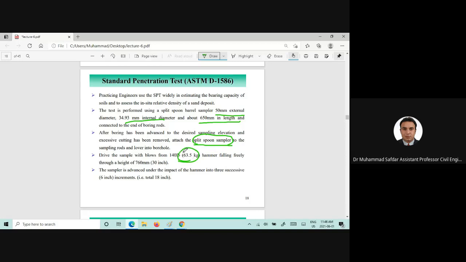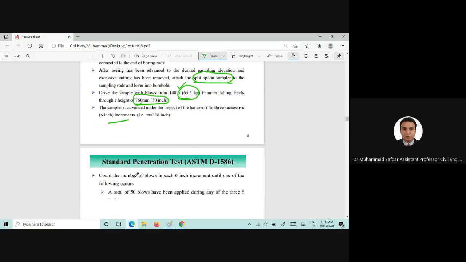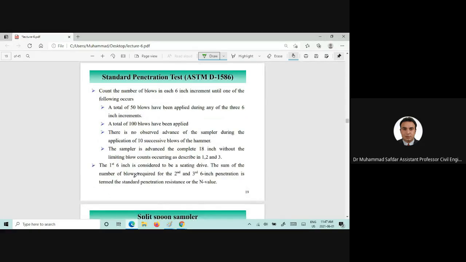Weight of the hammer is also given. Height of the fall is 760 millimeter or 30 inches. And the sampler is advanced under the impact of the hammer into 3 consecutive 6-inch increments. That has been discussed. Now the concept of the refusal has been discussed in here,